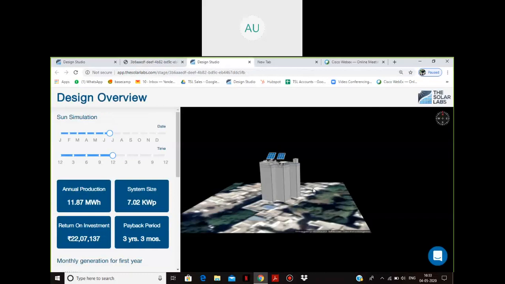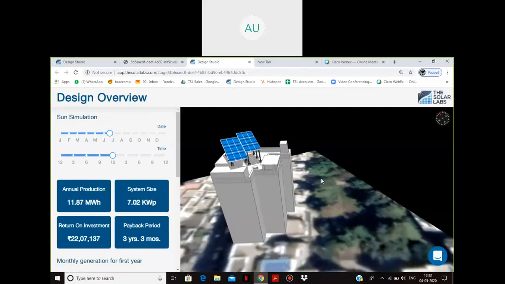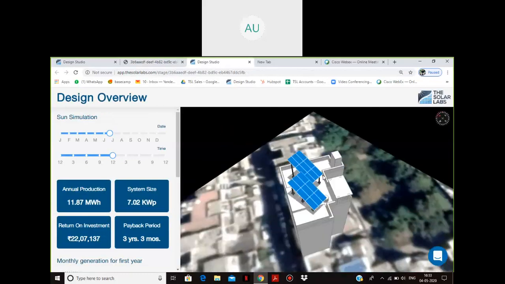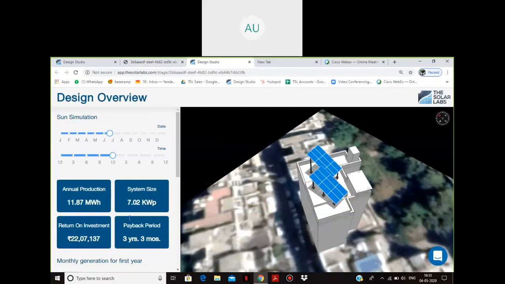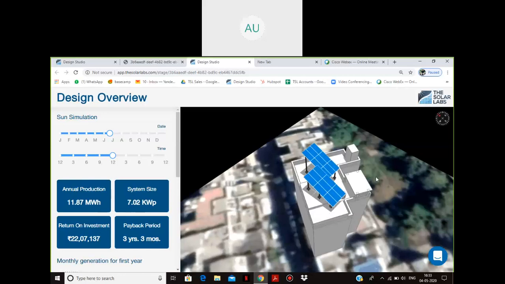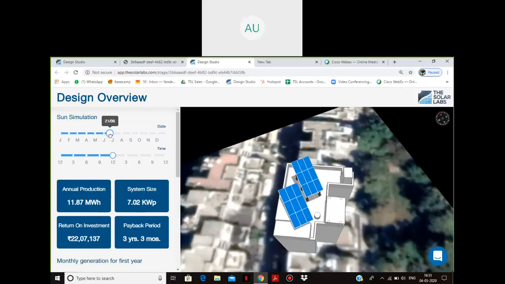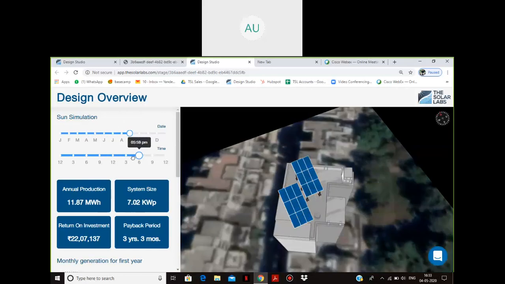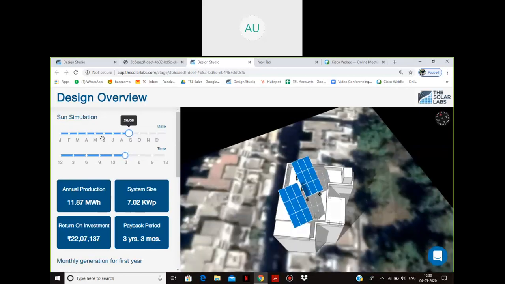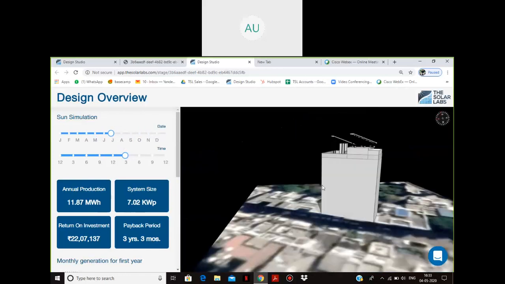So when I zoom in, you can see the 3D model of my particular site is coming up over here with the basic information, the main parameters being depicted on the left, and also my prospect will be having an option to see the shadow pattern using these sliders at any time of the day and on any day of the year. So yes, this was about the report section, and now we are done with the residential side.